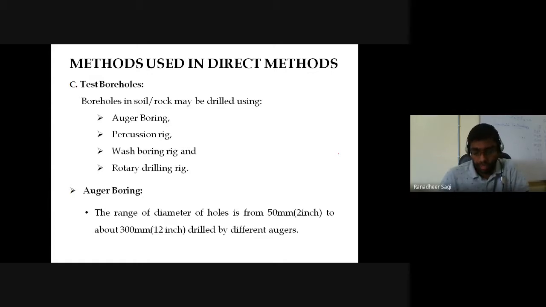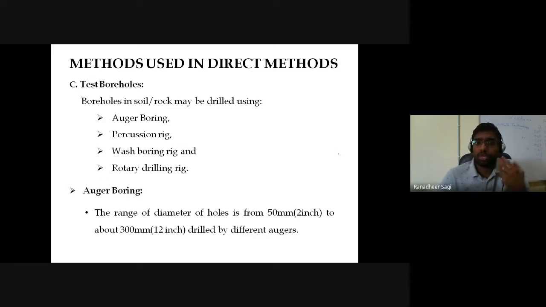As far as our syllabus is concerned, we'll be focusing on the direct methods. Under the direct methods, we started talking about open pit test pits, which is one of the direct methods, and we talked about the probing or sounding method, which is another direct method. It is not very widely used, but however we can think of using it. And the other type of direct method